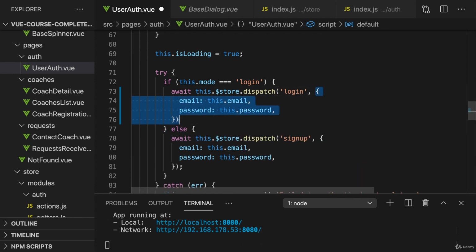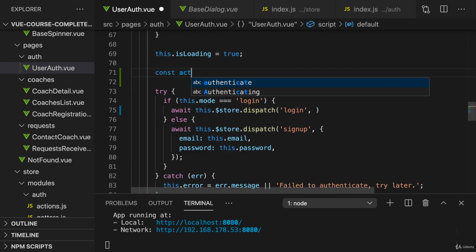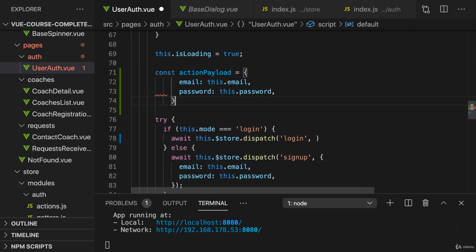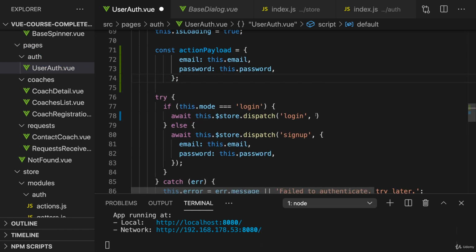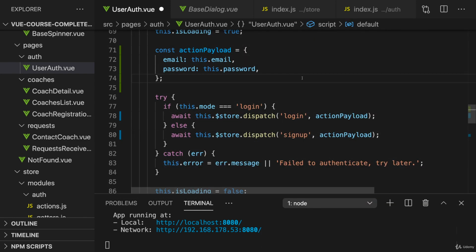Now we can, of course, also refactor this. For example, create an action payload constant which holds this object, and then simply use this object here and here, so that we are reusing at least a little bit of code. So now we're dispatching these actions, we're waiting for them, we're showing feedback, and if we give this a try